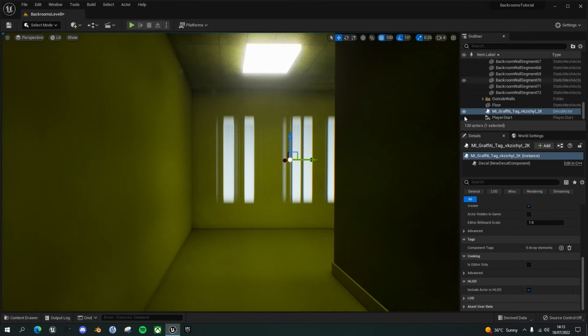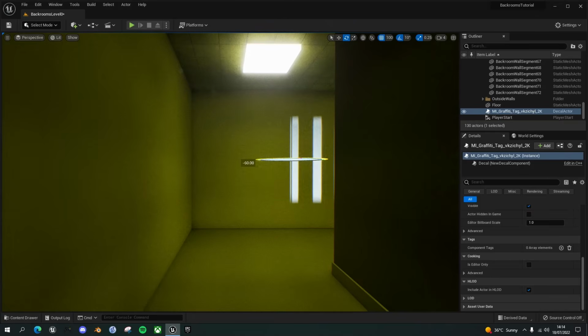Okay, we'll shut this down now, and now what we can do is rotate it around on the axis until it's projecting properly. The way that decals work is you put them just in front of the surface, and they project their texture onto the surface. So use the E key to switch the mode to rotation. So you've got rotation on the Z axis, X axis and Y. Choose the Z one first and rotate it around